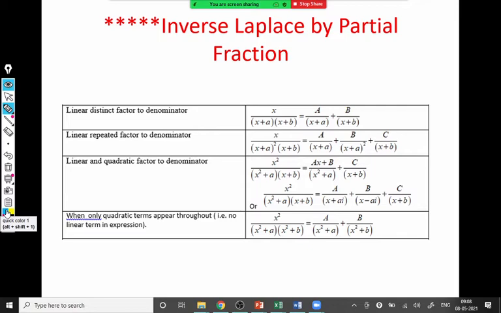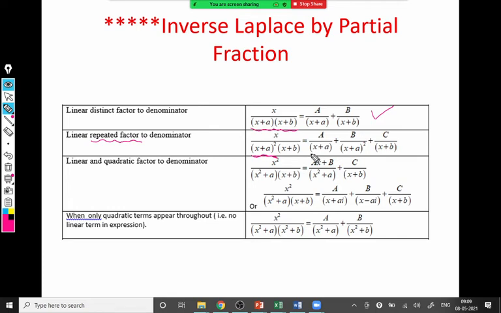The first one is a linear factor in the denominator. Here you will observe x plus a and x plus b are the linear factors in the denominator. The partial fraction is written for linear factors as A upon the first linear factor plus B upon the next one. So for each linear factor, there is a constant in the numerator. That is about the first. When there is a repeated factor like (x plus a) squared,